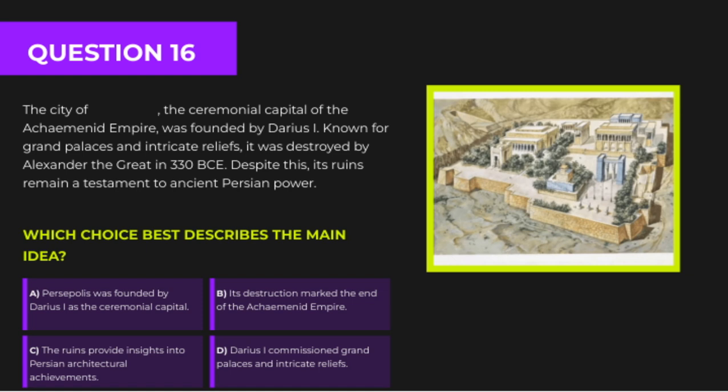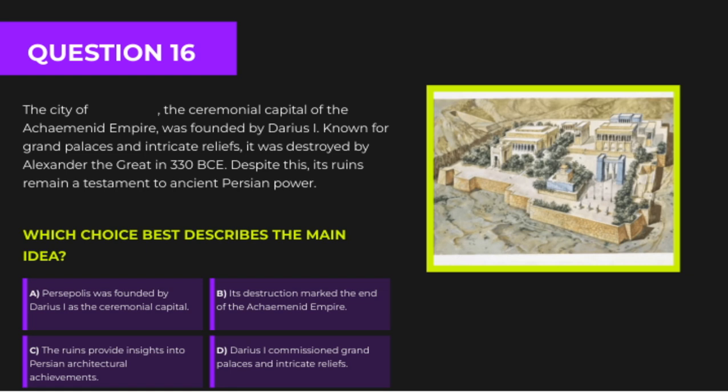Darius commissioned magnificent palaces and detailed reliefs, which showcase the artistic and architectural achievements of the time. These structures weren't just for show, they symbolized the empire's power and cultural sophistication. Even though Persepolis was destroyed by Alexander the Great around 330 BCE, its ruins still give us valuable insights into